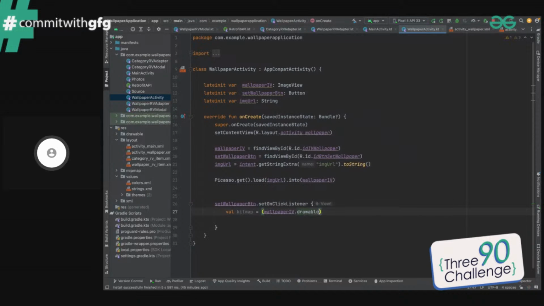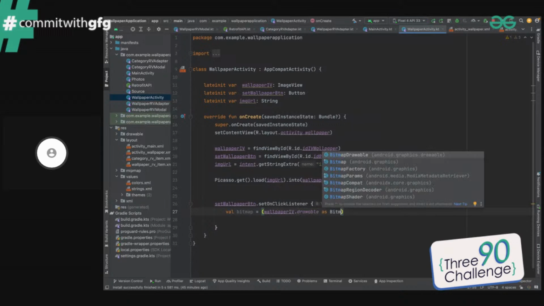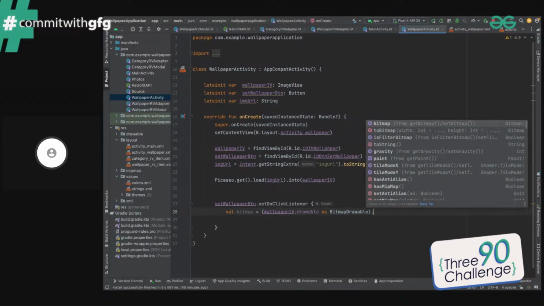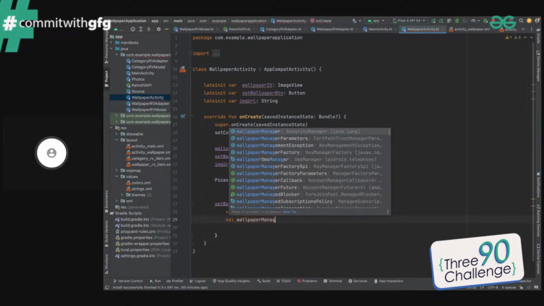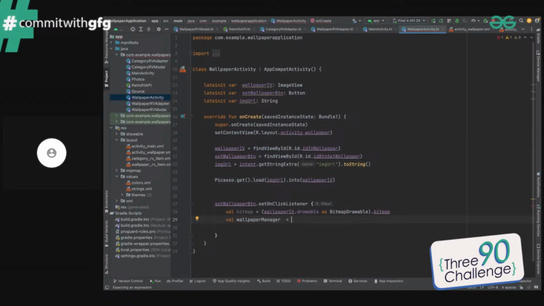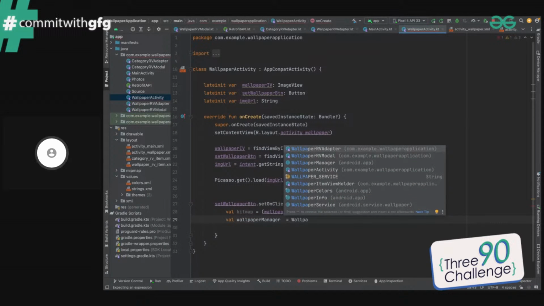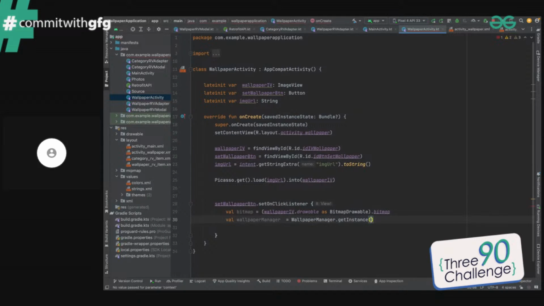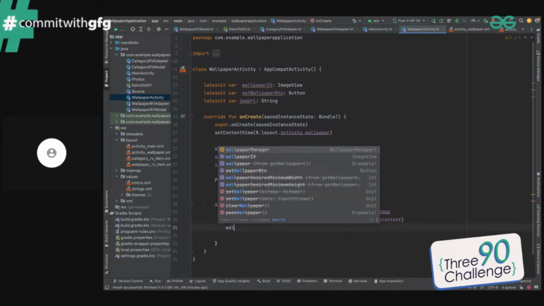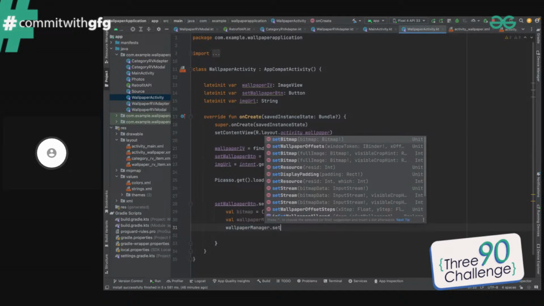Once we have the drawable as a bitmap drawable, we use dot bitmap to get the bitmap. After getting the bitmap, we will be creating the variable for wallpaper manager, then calling wallpaper manager dot get instance. Inside this we will be specifying the base context, and after that we will be calling wallpaper manager dot set bitmap, and inside this we will be setting the bitmap which we will be getting from